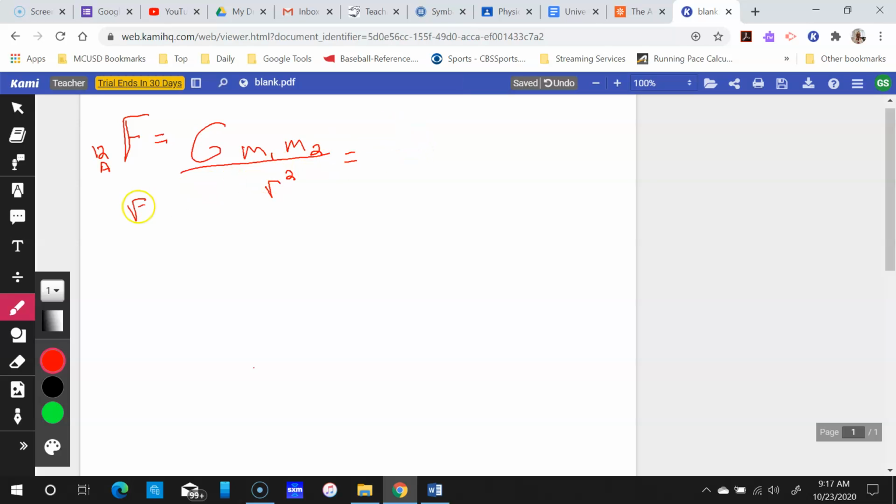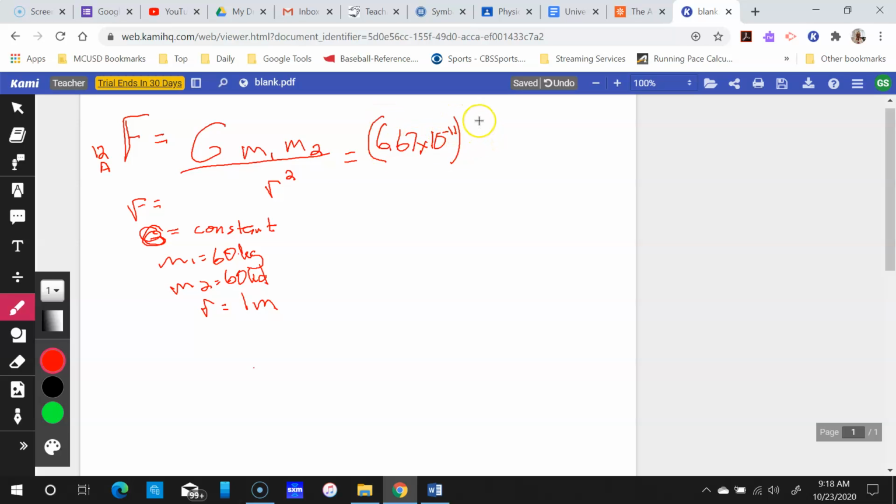So again, you're looking for F. G, you know, is that constant. And again, after you start doing these problems, you're just going to kind of know that constant. M1 is 60 kilograms. M2 is 60 kilograms. And your R is 1 meter. And now we just plug them in. So you have 6.67 times 10 to the minus 11, and then you have 60,